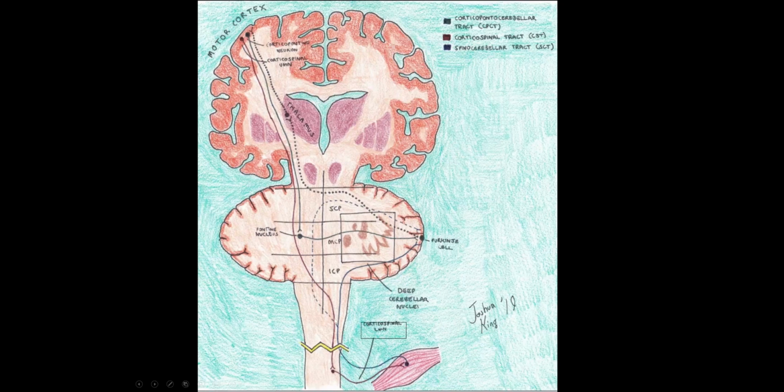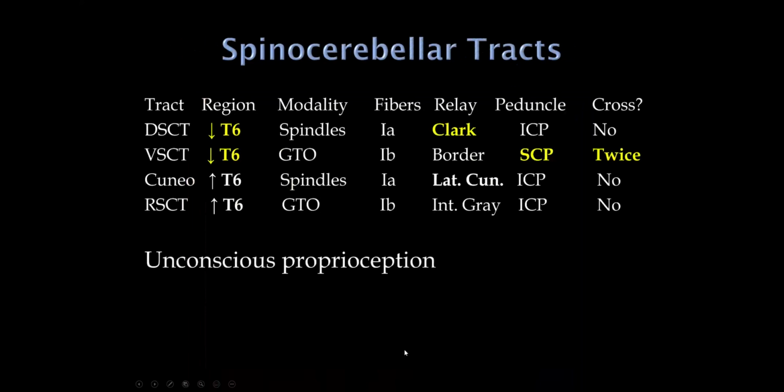But the ventral spinocerebellar tract actually crosses in the spinal cord, crosses again in the superior cerebellar peduncle, and so it really ends up at the same location, but it crosses twice. So that is the ventral spinocerebellar tract. And this information we call unconscious proprioception to distinguish it from posterior column medial lemniscal afferent information,